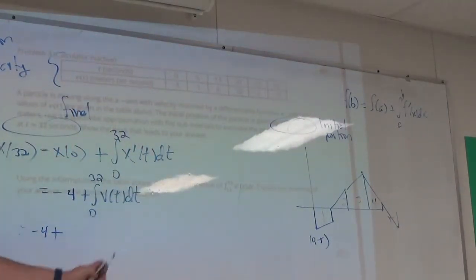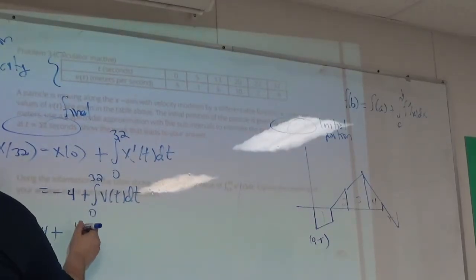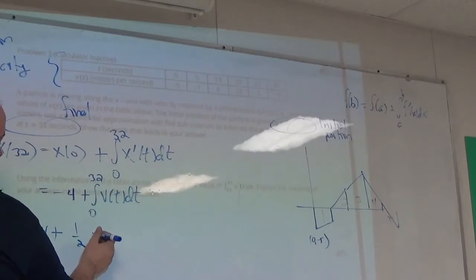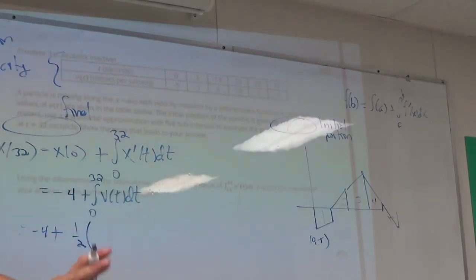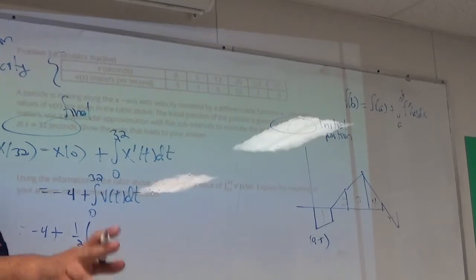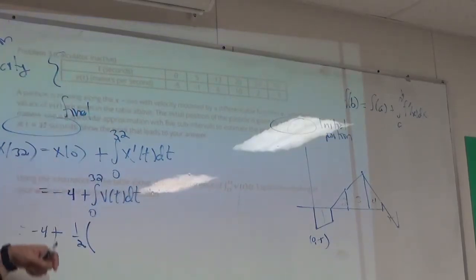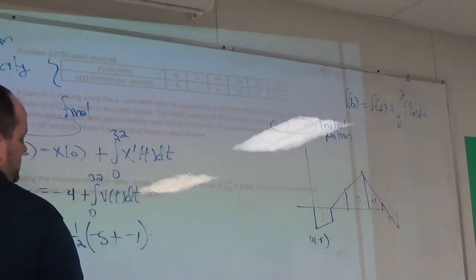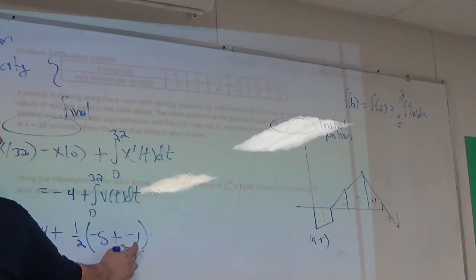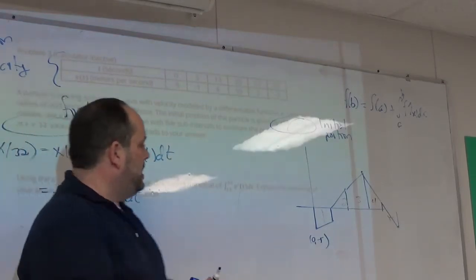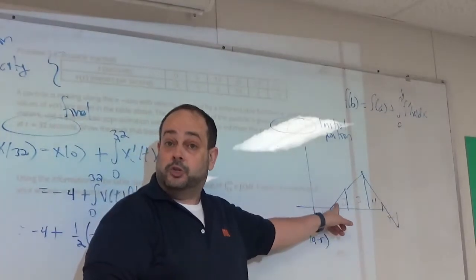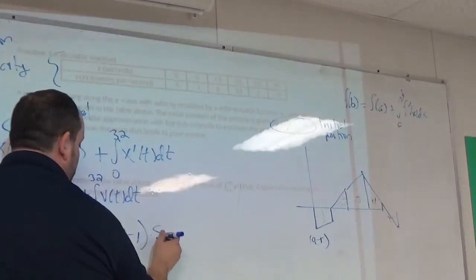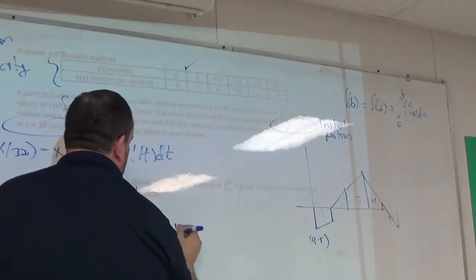Let's get some hands in this. What's the area for the first trapezoid? First trapezoid. Gonzalo, how are you going to find it? Okay, 1/2 times v of 0, careful, not f. There's no f here. v of 0, what's v of 0? -5 plus -1 times base 1 plus base 2. What's the height? The height is 5, the distance between the two points. That's that first interval. Plus,